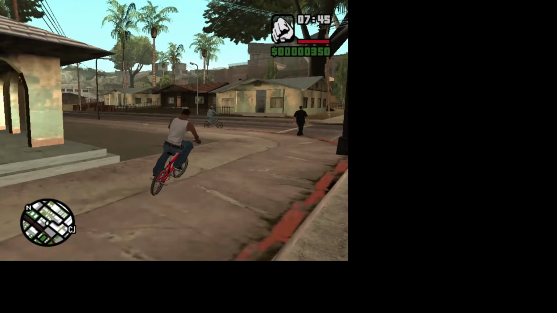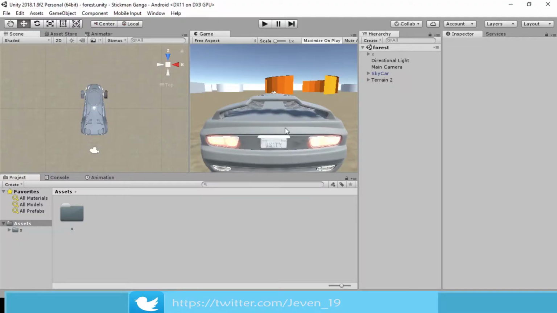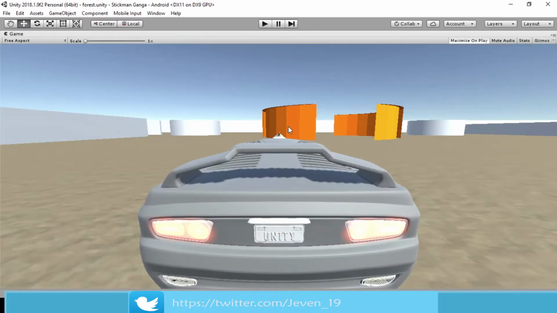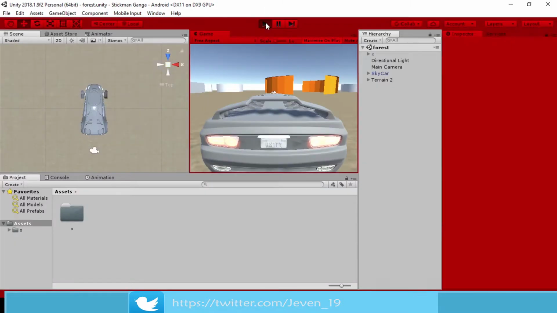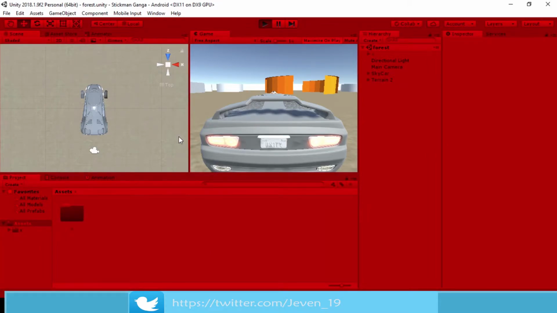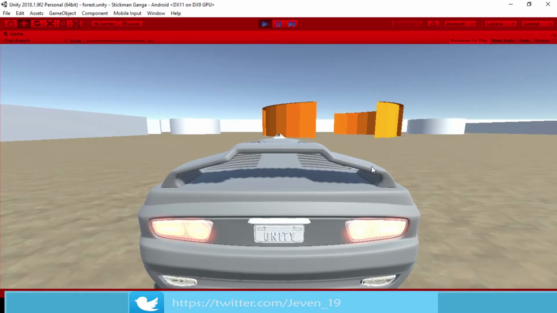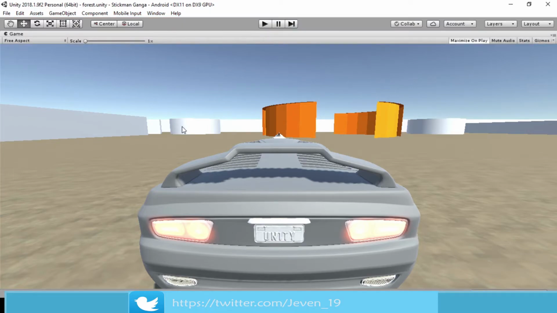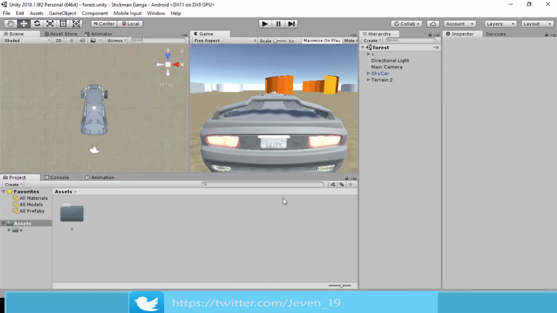So as you can see in the scene today, all I have is a ride. Alright, so let me play this so we can see what we have. It's an environment which you can drive it. There are currently no controls for this car, so there is no way for us to drive it. I think in videos that are coming in the future, I would do something car related, maybe a racing game also. But for now, let's just focus on